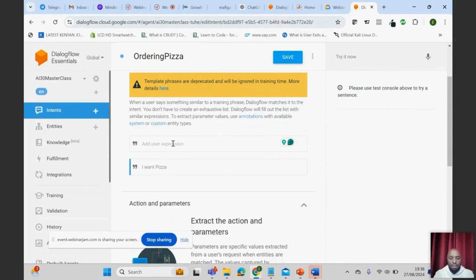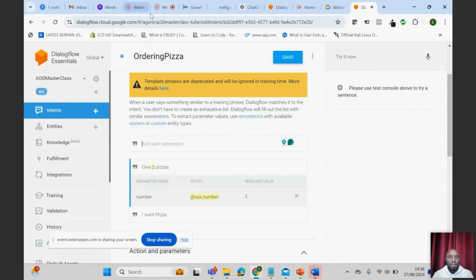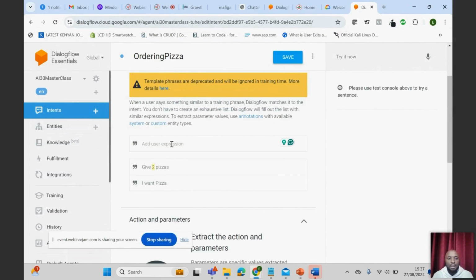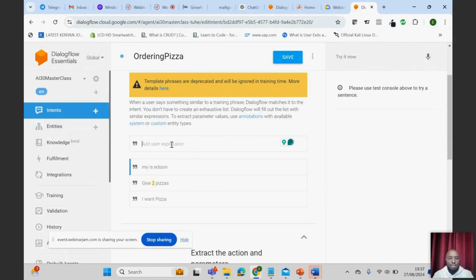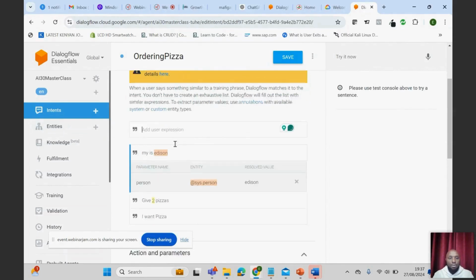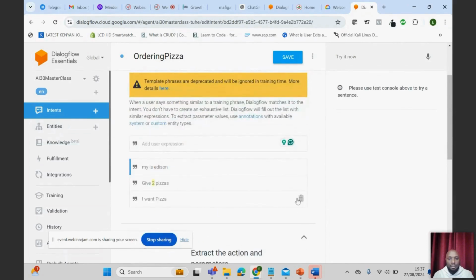Can add another, give me 2 pizzas. Some of the expressions that normally users ask is, give me 2 pizzas. I want a pizza. My name is Edison. Those are common expressions. So just give any expression,